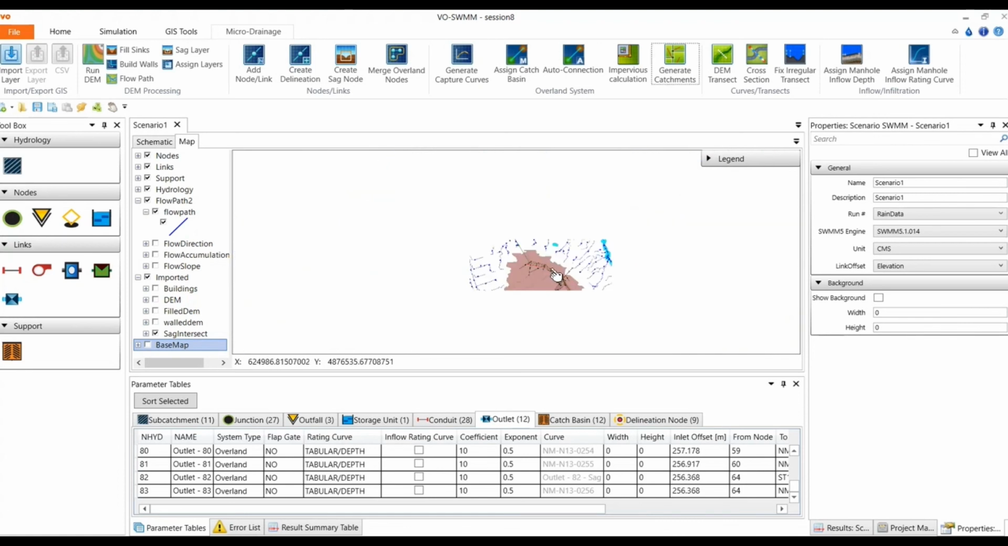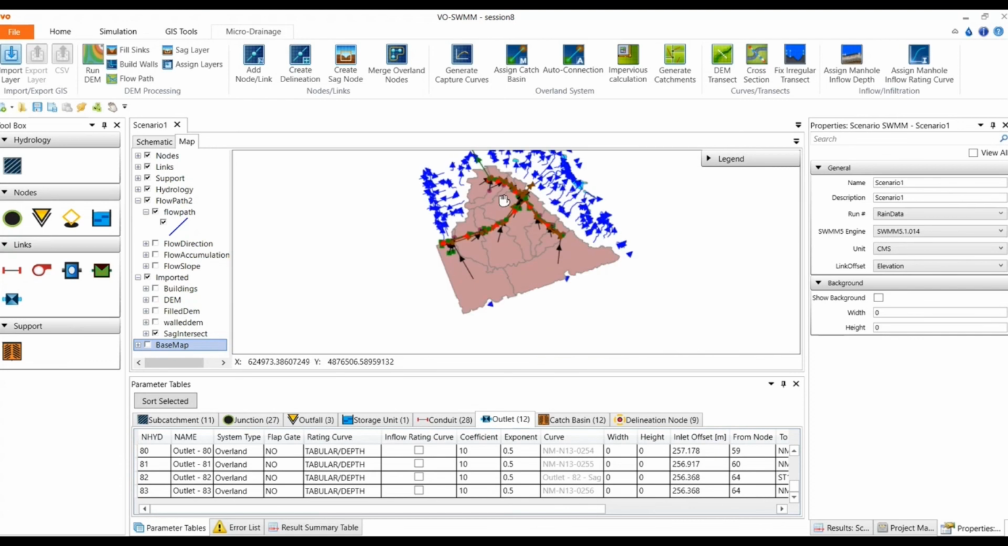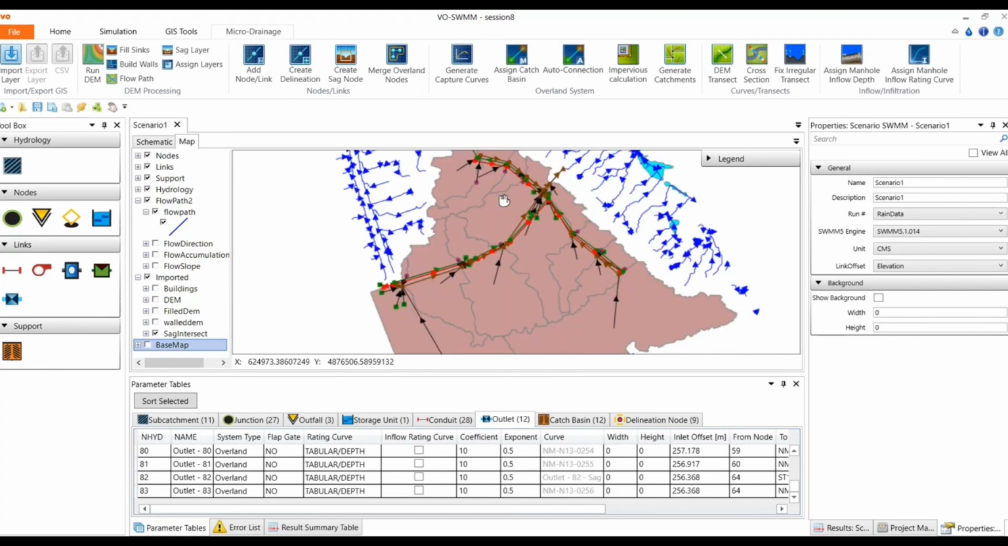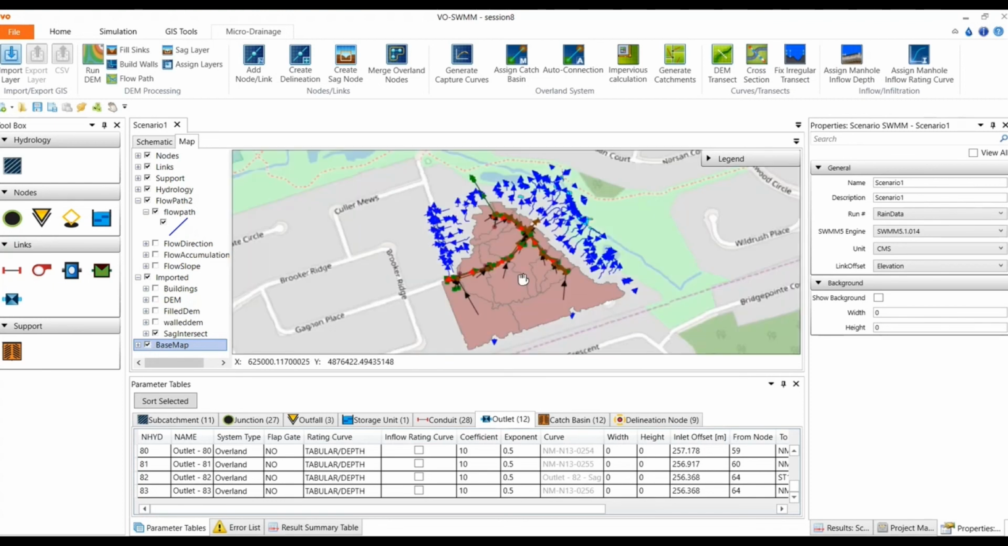As you see, I have different catchments right now. It generated it based on the delineation nodes, and different branches now are coming to one node. So all I need to do right now is just run my model, because I connected my overland system to my sewer design. I also told the software how much of the overland flow is flowing to the sewer